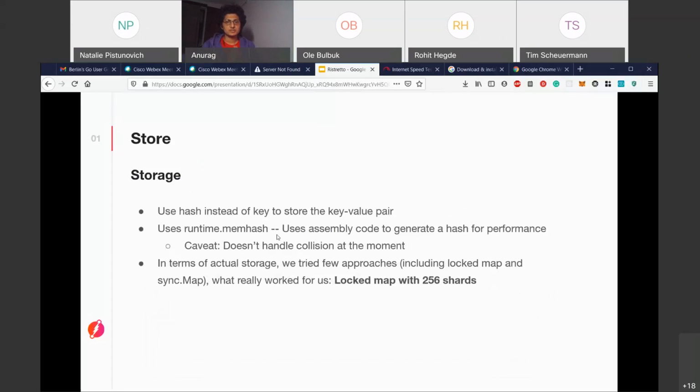In terms of actual storage, once you decide on the keys and values, or maybe the hashes and the values, which you want to store, you want to decide what actual data structure you want to use. There are quite a few possibilities. One of them is to store it in a usual map and keep it under a lock, so that whenever any thread tries to access it, it acquires a lock and releases it when it's done with it. Then the other option is sync map. But both of these, lock map and sync map, suffer